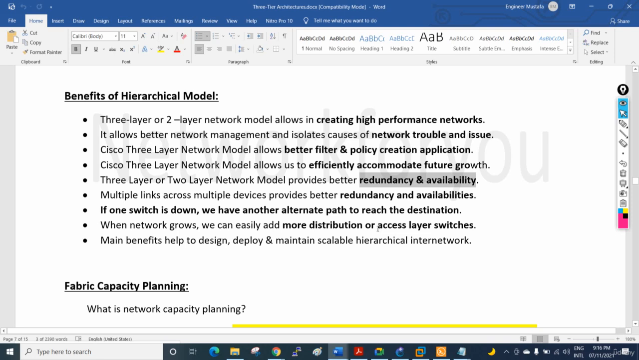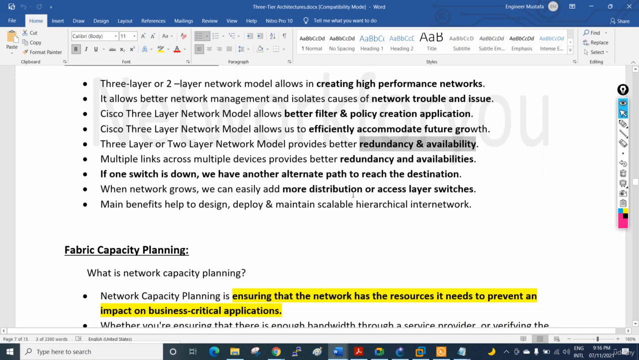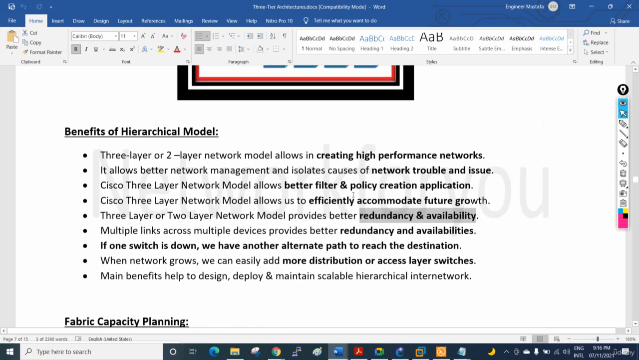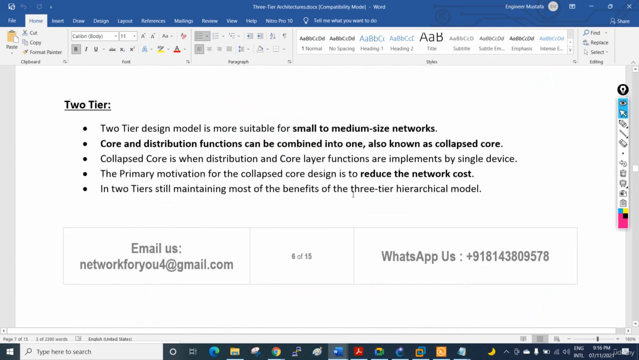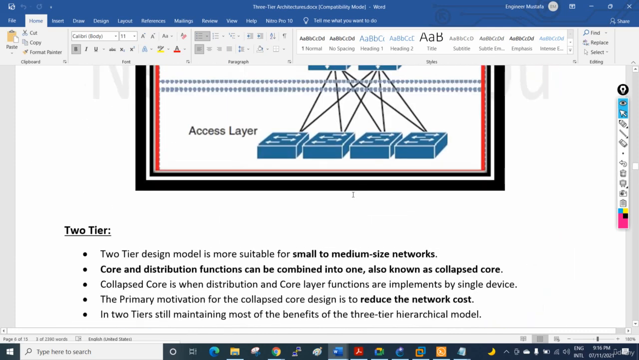The core layer will be responsible to transmit the traffic from the LAN to the WAN, whereas the distribution layer is responsible for filtering the traffic, whereas the access layer is responsible for performing the security and all that. That is nothing but the three-tier architecture. So let me stop this recording, so we will have one more video for